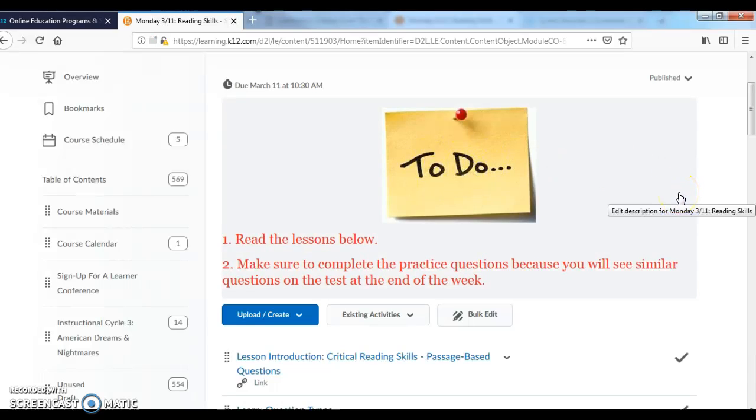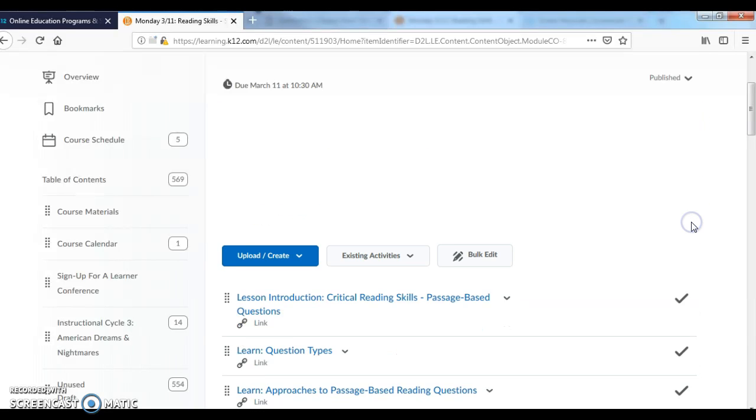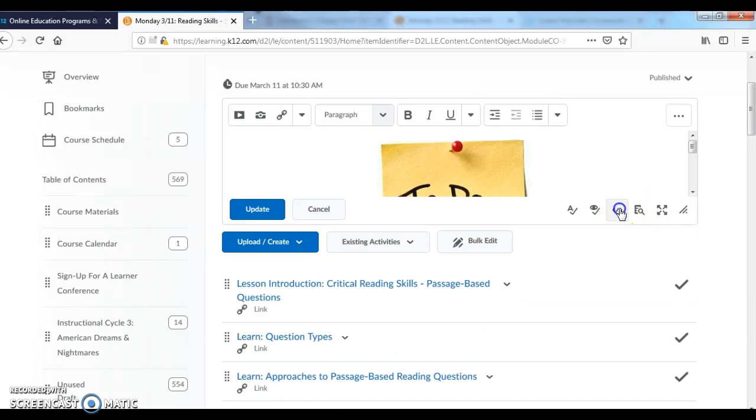Now guys, if you don't want that to-do list picture, if you'd rather put something else, then don't worry about copying it. Like, you have total freedom to